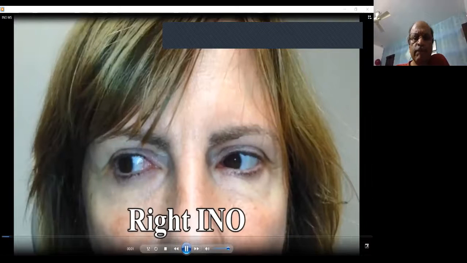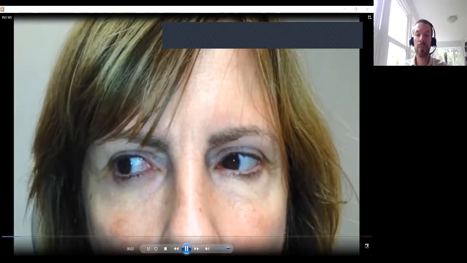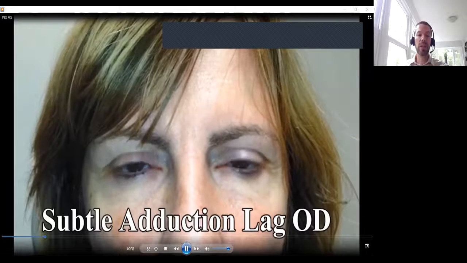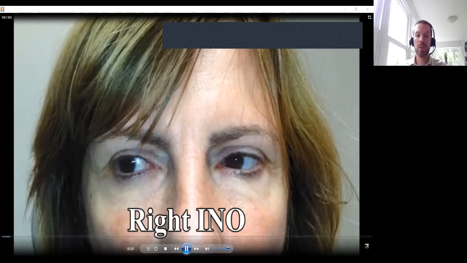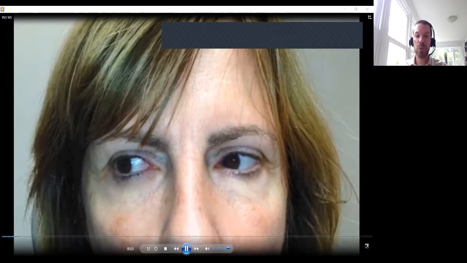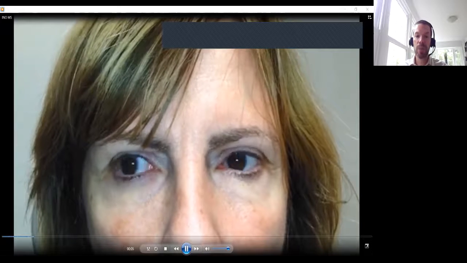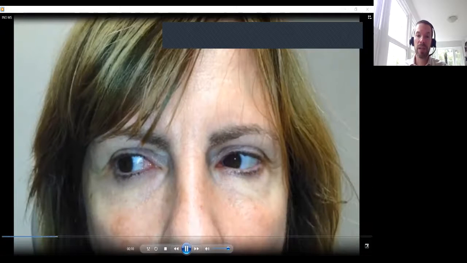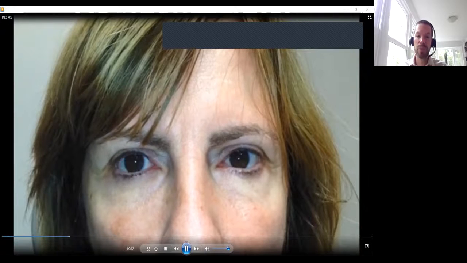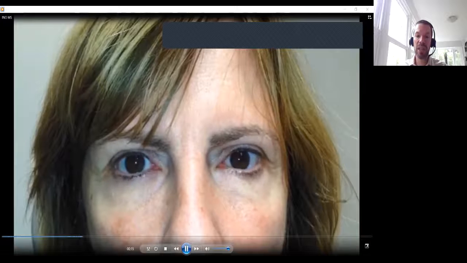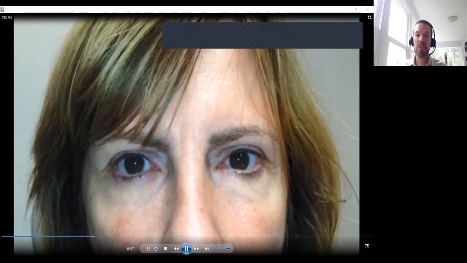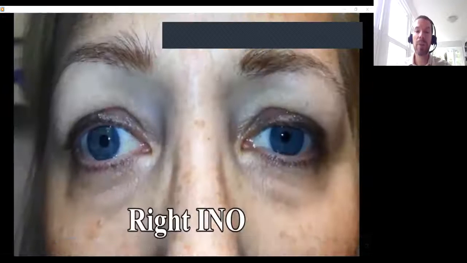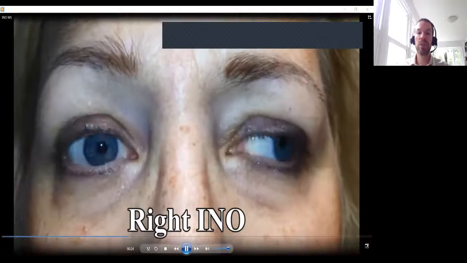Okay, so this patient has a right INO. This is a patient with a right medial longitudinal fasciculus syndrome due to multiple sclerosis. So again, defocus, look right here. This is a really subtle one. Look right here. And there's a little bit of floating of the right eye behind. Look right here. This is in slow motion. You see this just lags behind ever so slightly. Very slight. This is a really, really subtle right INO. And this patient had absolutely no